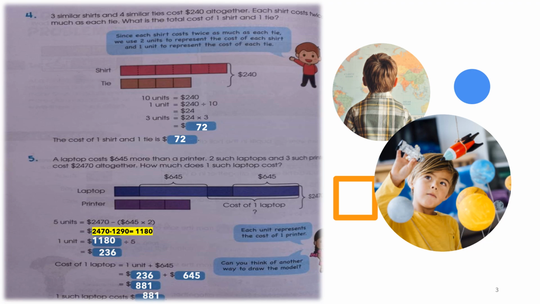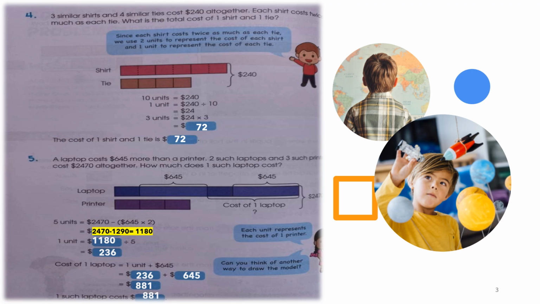In order to find this out, what we are going to do is draw 10 units, and the reason for that is because there were 4 ties and 3 shirts, but at the same time, in terms of cost, each shirt costs twice as much as a tie. So each shirt is represented by 2 units, and there were 3 shirts, so we have 6 units for the shirts and 4 units for the ties. So collectively we have 10 units in terms of cost. So when we divide